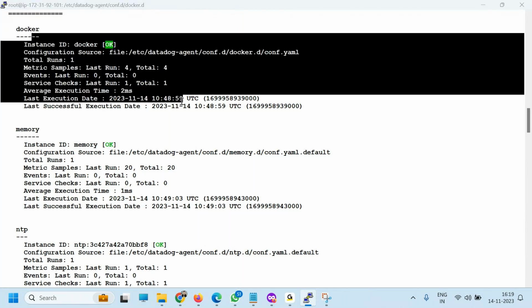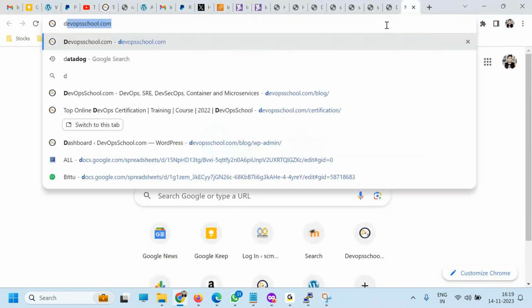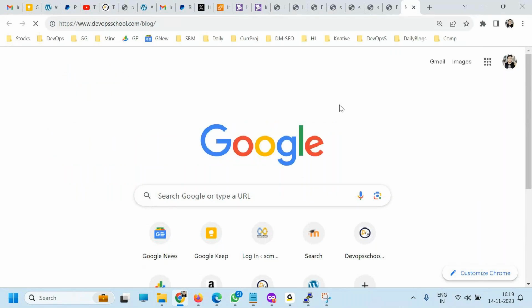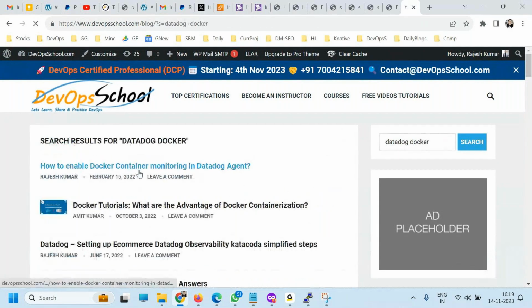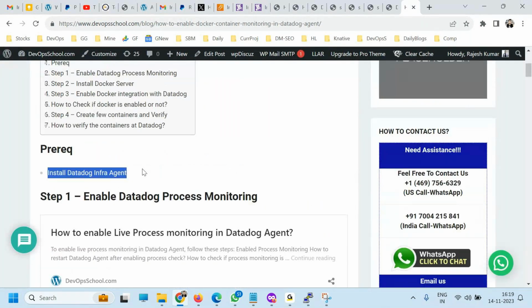So Docker is enabled. Now you might say, Rajesh, I need some steps, I might forget this demo. The recording is there anyway, but I have documented it. This one is the Datadog Docker document, and it will help you enable Docker monitoring. The first thing, a prerequisite: install the Docker infra agent.